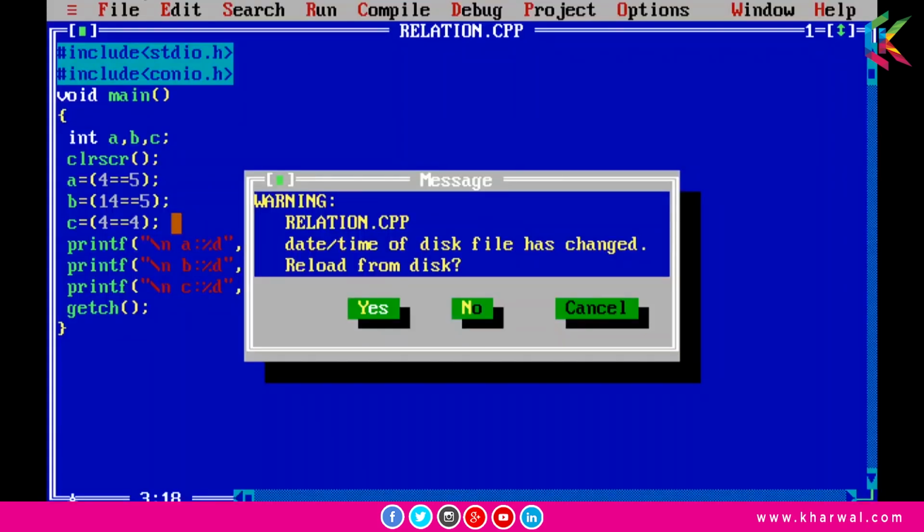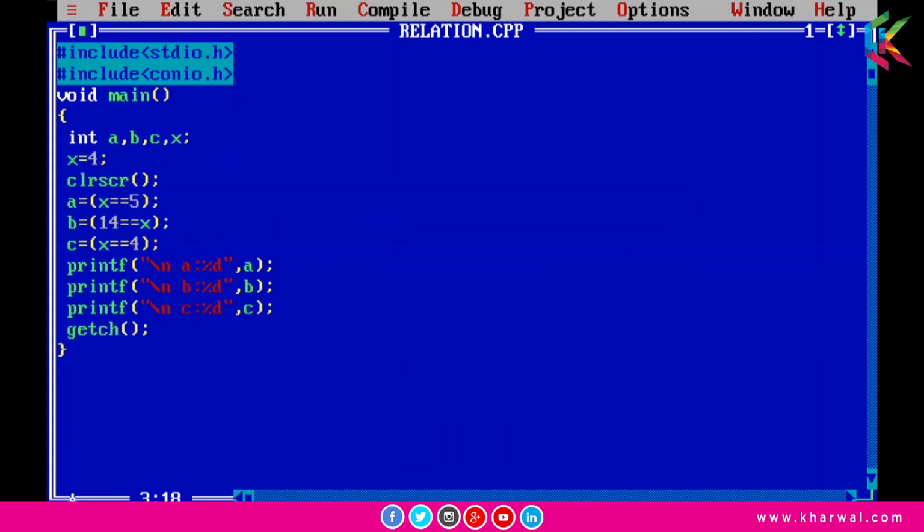Moving forward guys, we can also use variables in these expressions. That's why we have declared another variable x and we have initialized x with 4. So in the first expression, this expression will be false because x is not equal to 5, so the value of a will be 0.